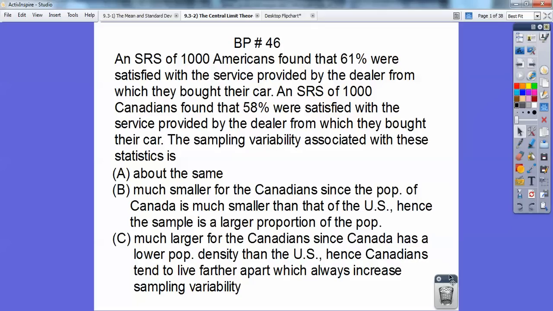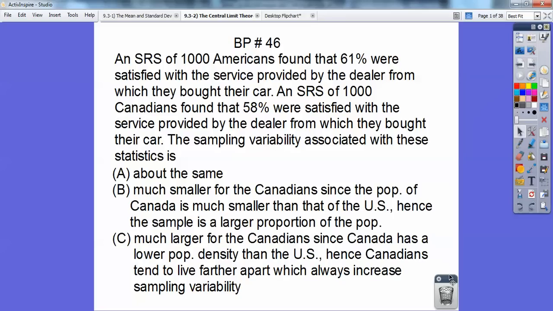An SRS of 1,000 Americans found that 61% were satisfied with the service provided by the dealer from which they bought their car. An SRS of 1,000 Canadians found that 58% were satisfied with the service provided by the dealer from which they bought their car. The sampling variability associated with these statistics is A, about the same, B, much smaller for Canadians since their population in Canada is much smaller than the US population, hence the smaller the sample is a larger proportion of the